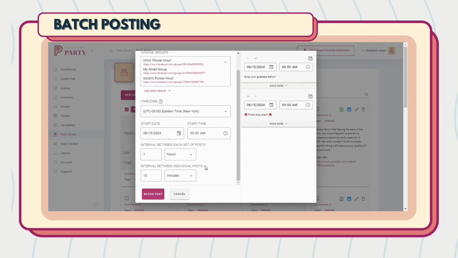Now, for the interval between individual posts, this would be the time between the same post being published to different groups. So I have 10 minutes selected here, and I have 3 different groups that I'm publishing to. So the first post, this Drop Your Guesses Below post, will publish at 8 a.m. in one group, and then 10 minutes later in the next group,